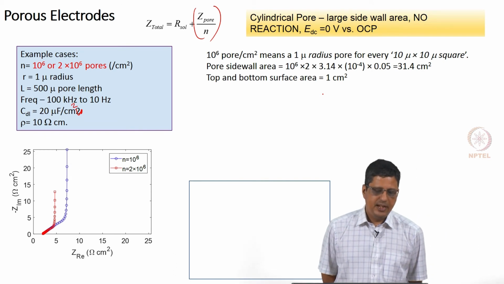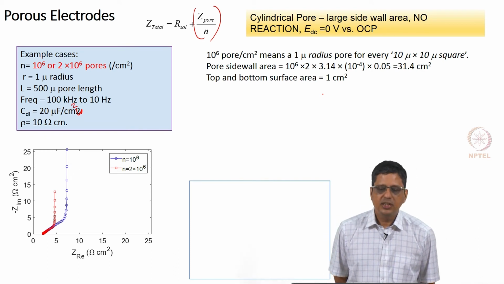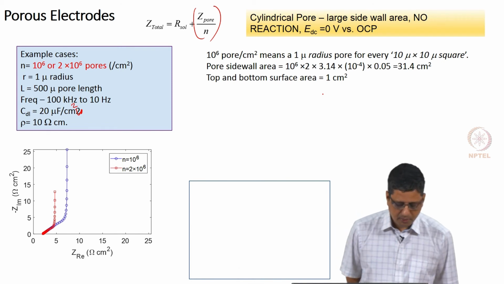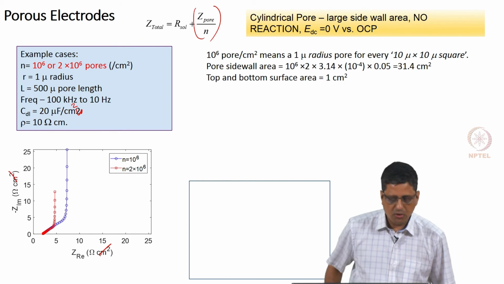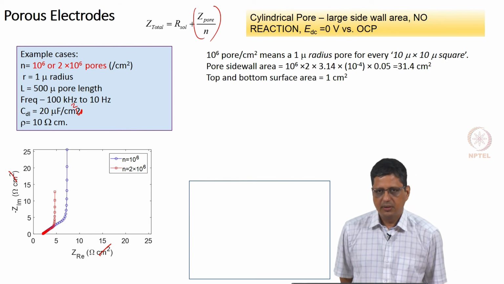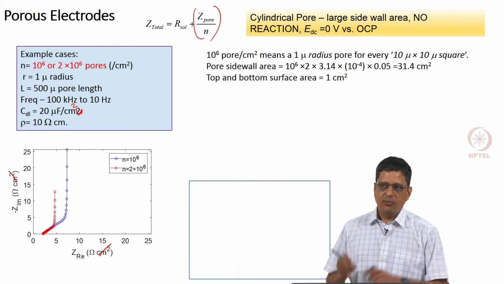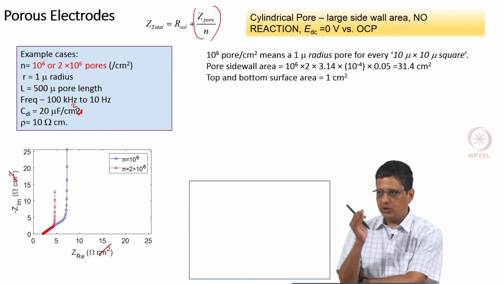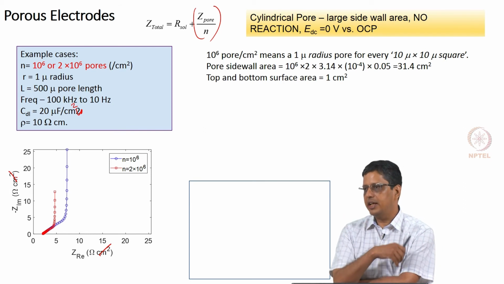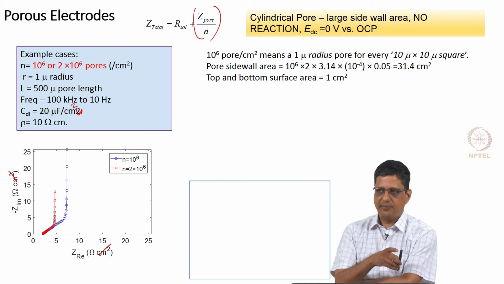If you plot the impedance in the complex plane plot, using this expression you can calculate and then plot it. In fact, this is not correct, it should be written as ohm, but that is all right. What it means is we are taking the geometric area of this electrode, it is 1 centimeter square area, therefore, we are writing it as so many ohm centimeter square.